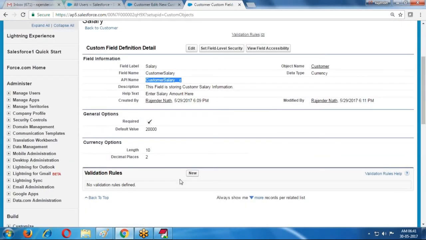Based on the field name, the API name is generating. Whether it is salary or customer salary, it is based on the field name.